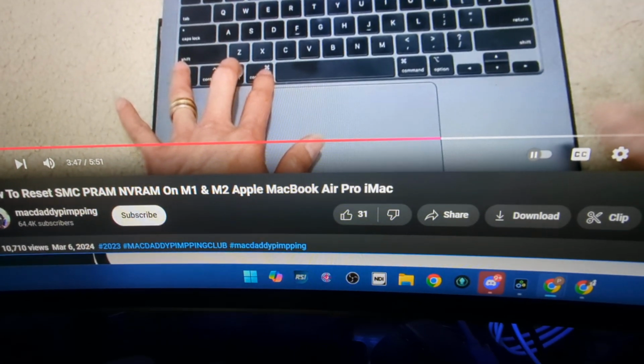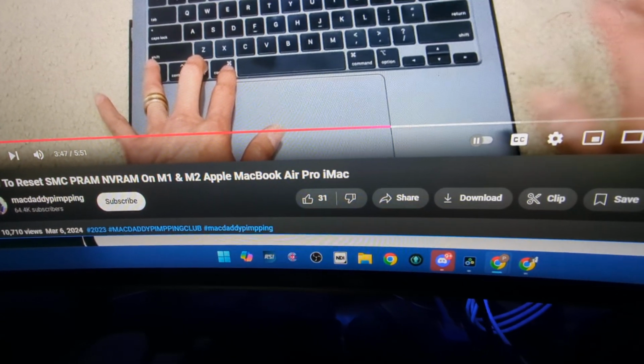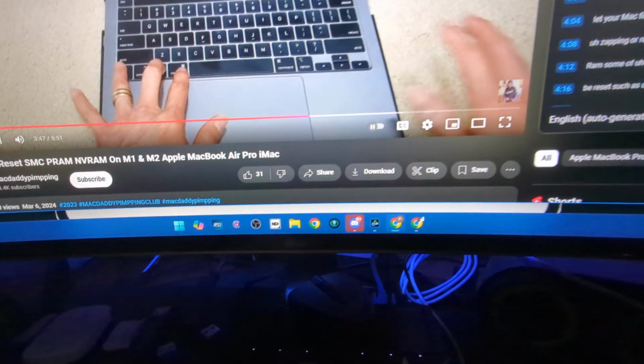so this is a slight tangent, this is an Apple Silicon chipset. And all of these keyboard shortcuts that most people are referring to in these videos are from the older Intel-based MacBooks. At the Apple Store, Javier was telling me that many of the keyboard sequences don't work for the Apple Silicon chips. But some people are claiming for M1s, I have a video right here where this guy is saying the M1 and M2 MacBook Air, Pro, and iMac,